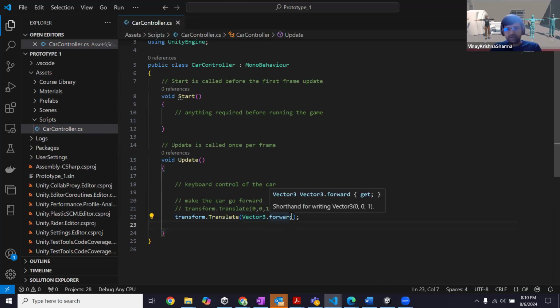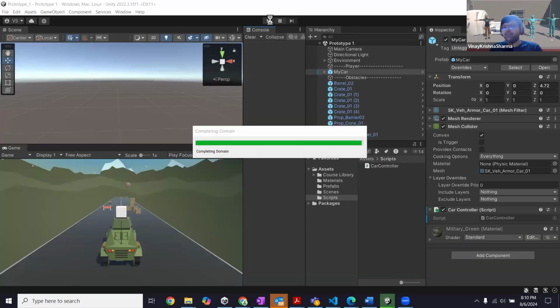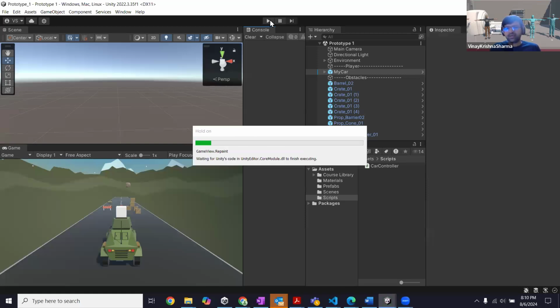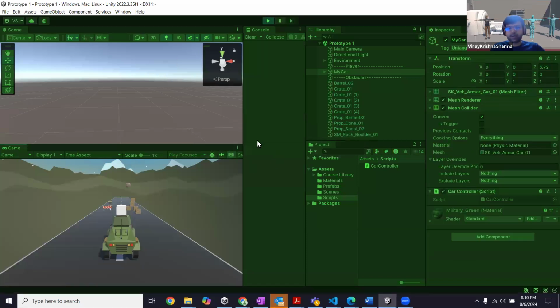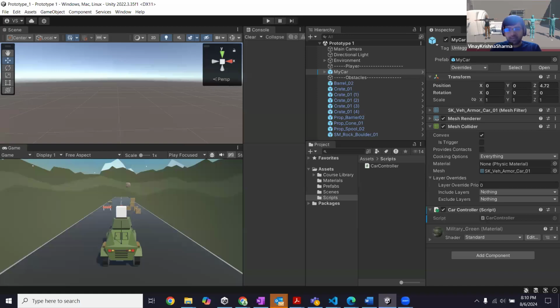Now, if I save it and run it, it will be the same effect as before, but it is still very fast. It will take some time because it is loading. See, my car is gone. Now I want to stop it. I want to create a variable so that I can control the speed of the car, right? So to do that, what can I do is